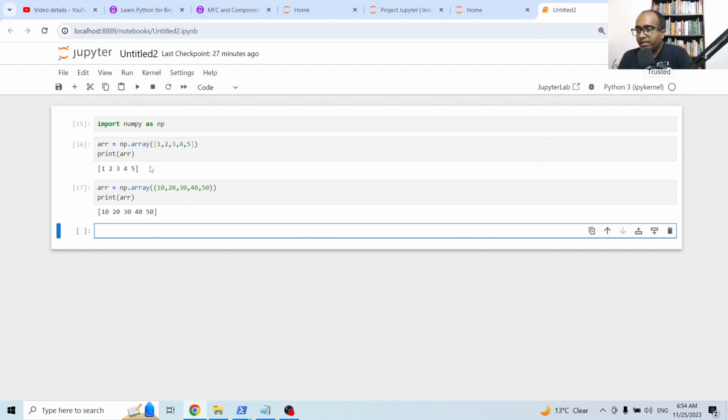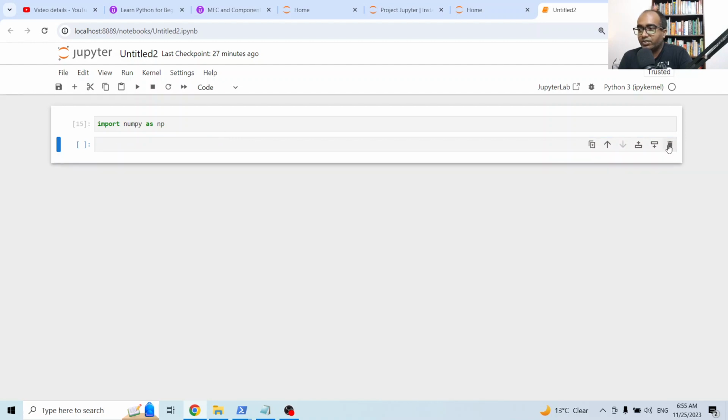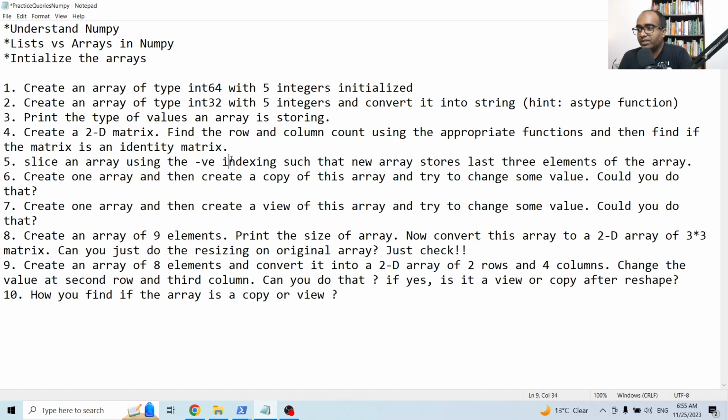Now, let me tell you that apart from initializing, you can provide the type as well, right? The type of the values that you want to initialize. So data types can also be defined for different kinds of arrays. I'm just going to tell you, but before I tell you that, let me tell you one more thing,